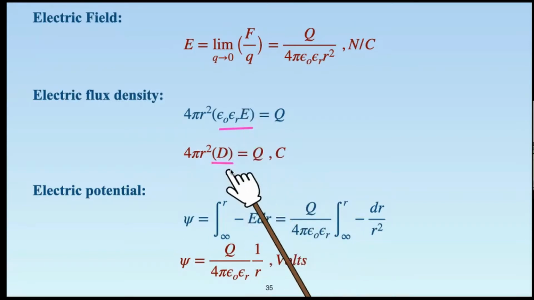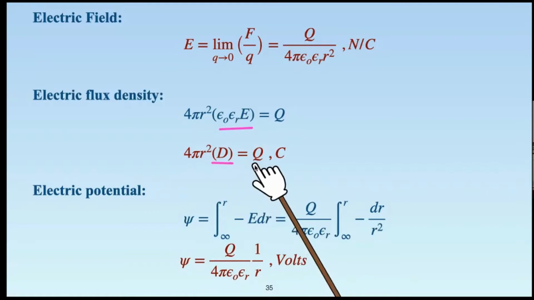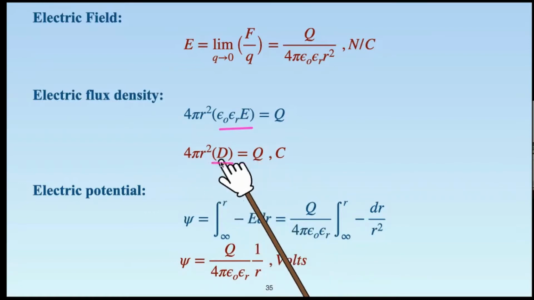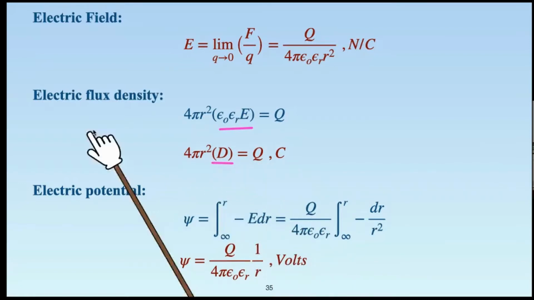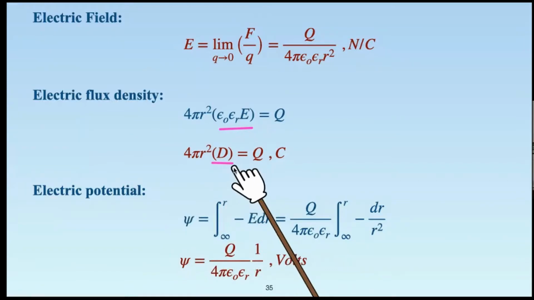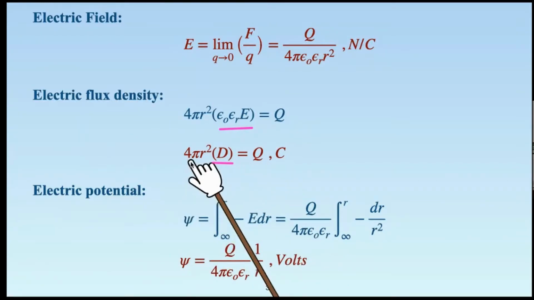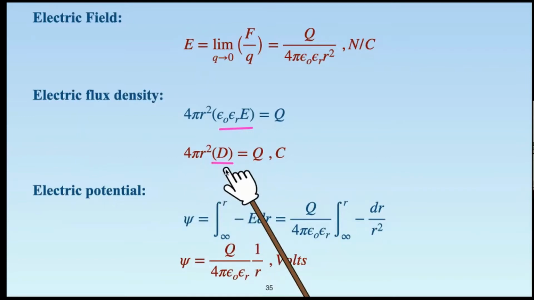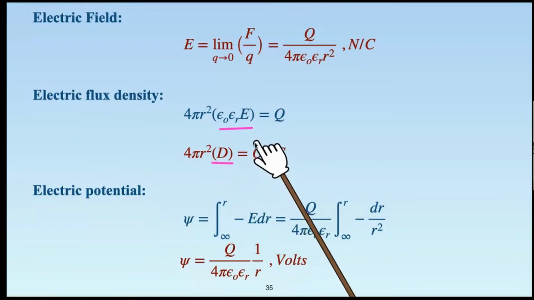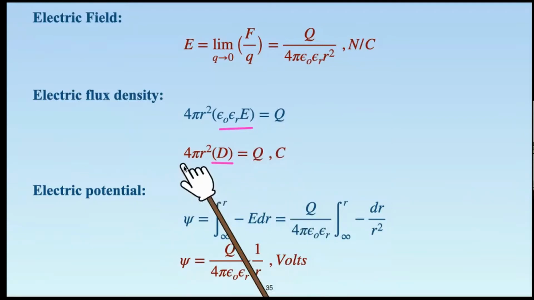So we can express 4 pi r square D is equal to Q coulombs. The unit for electric flux density is coulombs per meter square. Intentionally, we are just expressing everything in terms of charge Q. Later on you will realize why this is needed. Okay. Next is